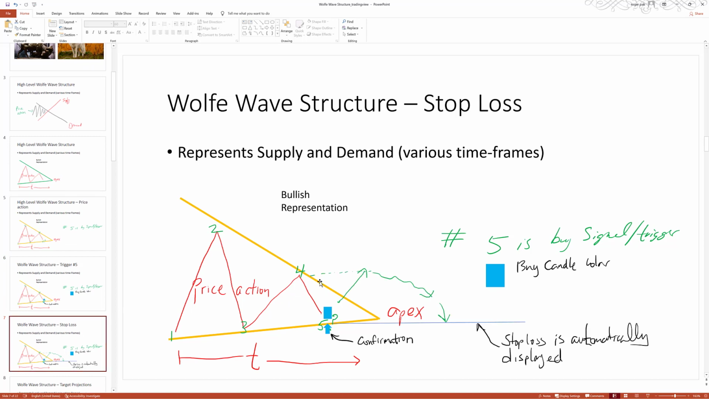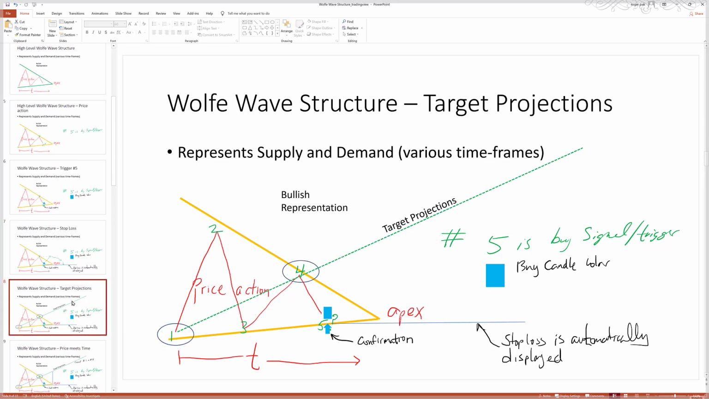But they don't always work, right? And they can roll over. So there's a stop loss that is drawn on your TradingView platform with a horizontal line. And if it breaks through that, then the Wolfe wave structure is invalid. Okay, just keep that in mind. However, if it does not drop below the stop loss, usually at the entry of the Wolfe wave,